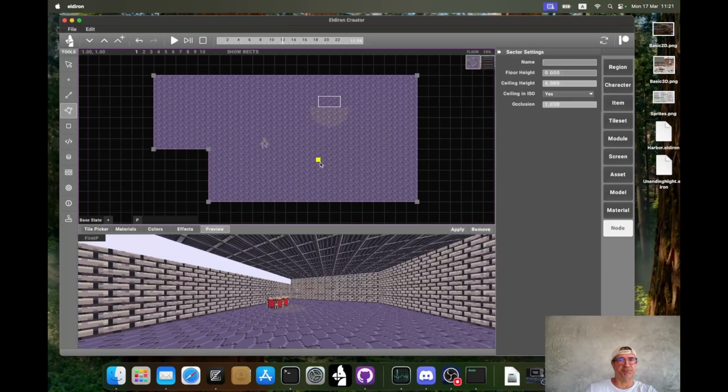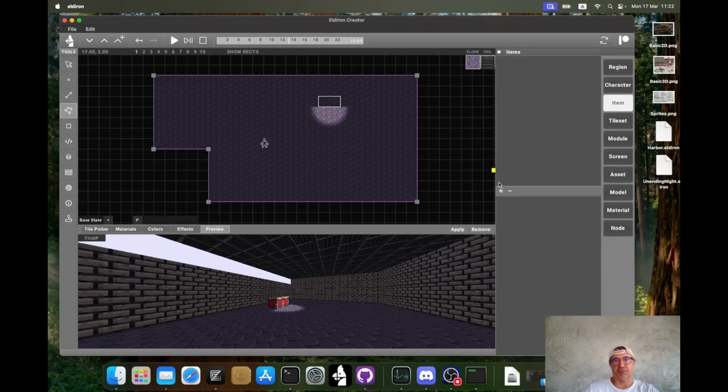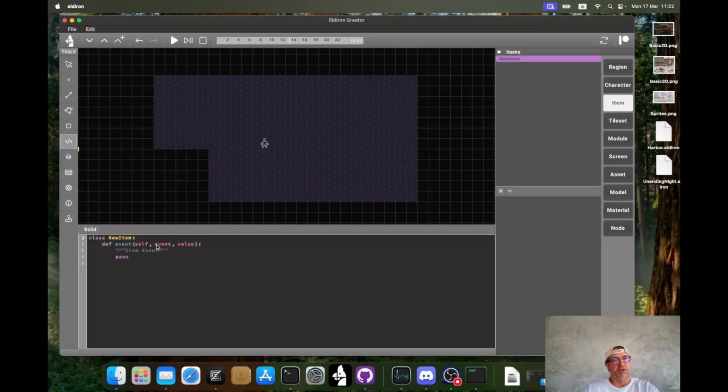So we select this sector and we set occlusion to 0.4 maybe. Yeah. So it makes it a little bit more atmospheric. And now it would also be nice to add an item like a torch to light up the scene a bit more. For that, we go to the item mode, click plus, new item, and it's the same process as